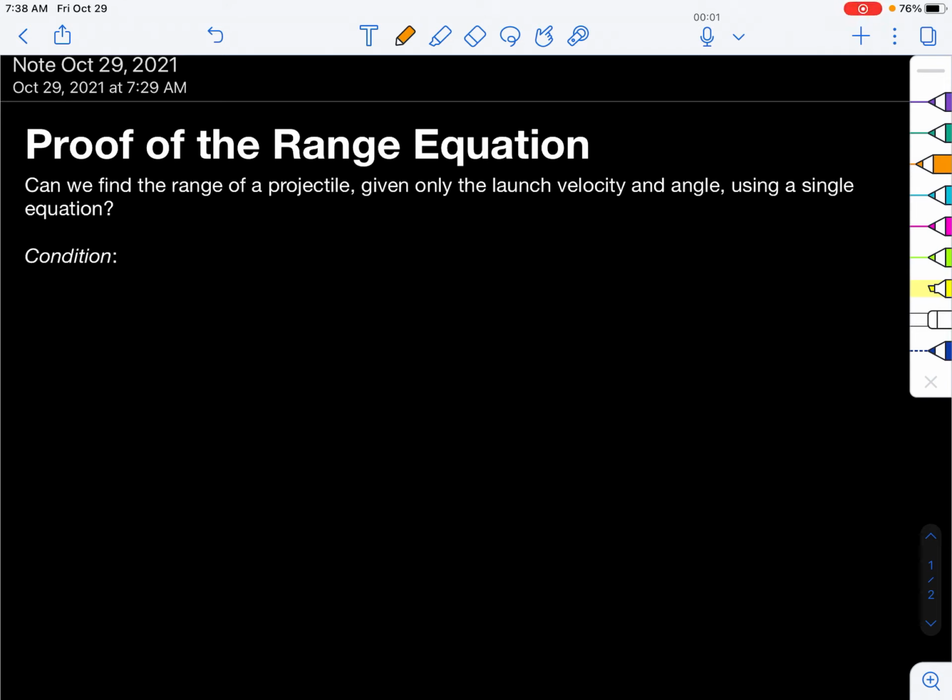Hi, so I'm going to take you through the proof of the range equation. This equation comes in handy when we're trying to especially figure out a launch angle, but it comes at a price, and we'll see this in the derivation, but I want to point this out right off the bat,